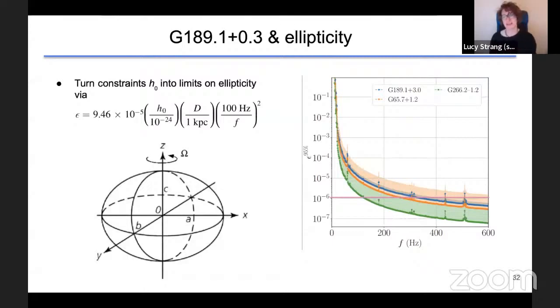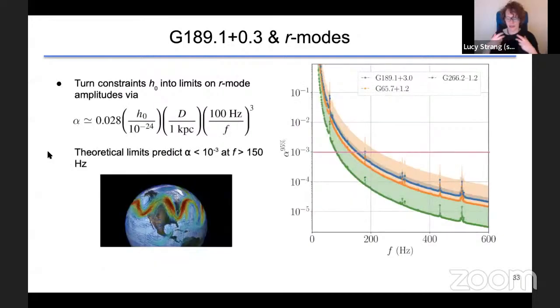We can do the exact same thing for those r-modes we heard about earlier. These were the Rossby waves that are similar to what we see on Earth, except instead of being on the scale of climate systems, I don't know if it's not the next slide yet, just for me or for everyone, but we should see instead of Rossby waves for the entire Earth, we're just going to have them very, very small. About 10 to the minus 3 is the largest we could theoretically expect, but that's still loud enough to emit continuous gravitational waves.